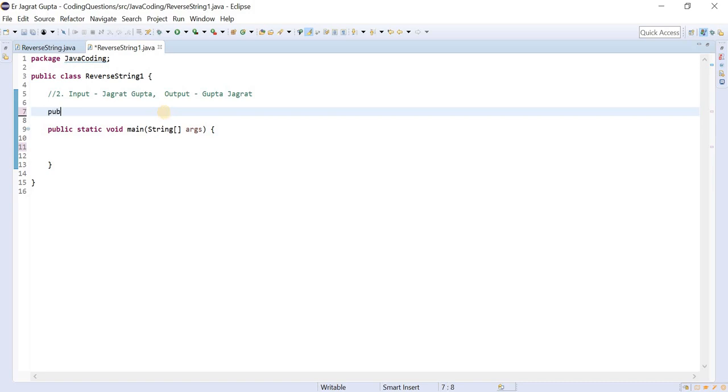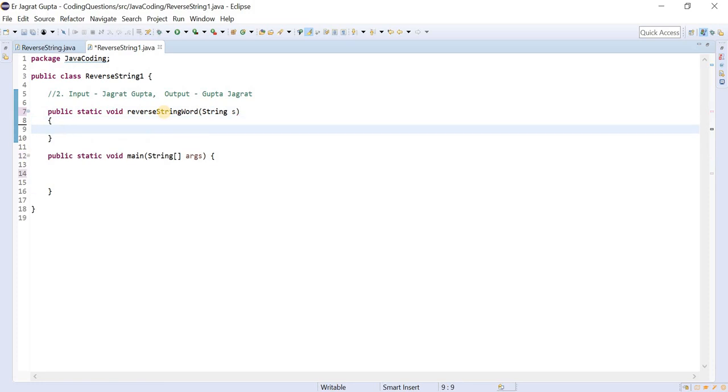So firstly, let me make a method for this. So public static void, and the method name is, let us suppose, reverseStringWord, and I am going to pass the string here.